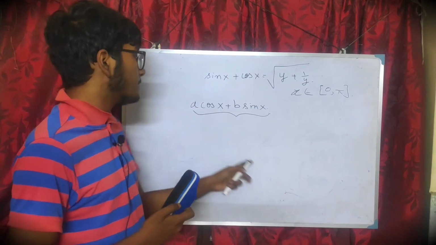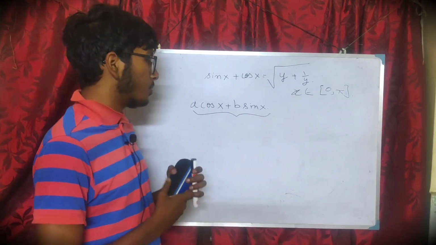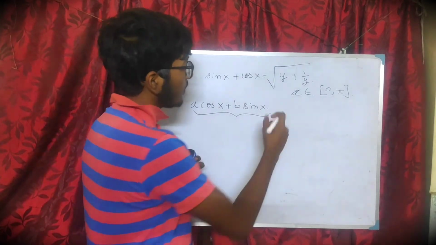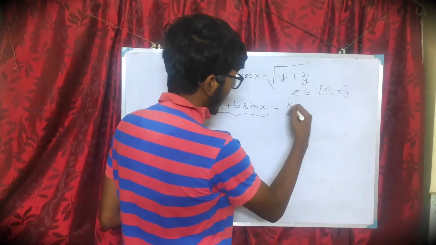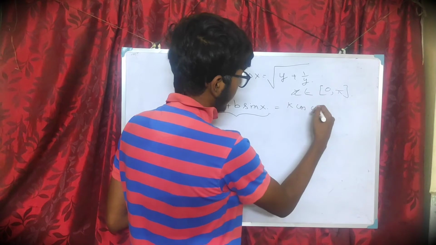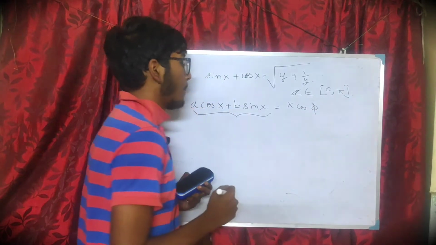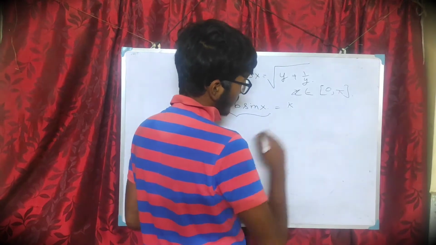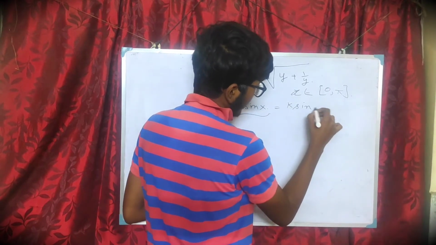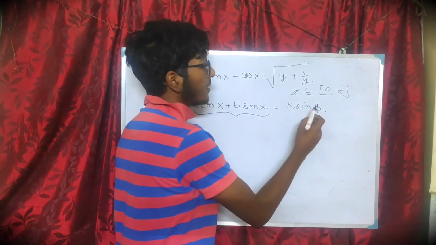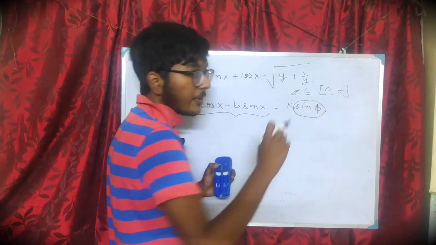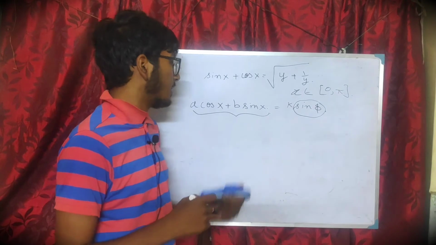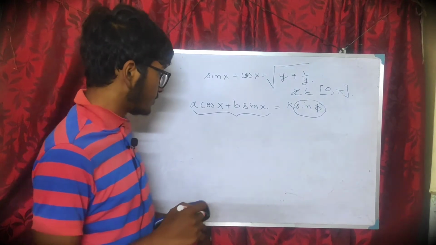So we need the range of a cos x plus b sin x. The idea behind the problem is that you convert it into some k cos phi, or say k sin phi. Sin phi would be more beneficial, and we know that this term will lie between plus 1 and minus 1, so this whole would lie between plus k and minus k, right?